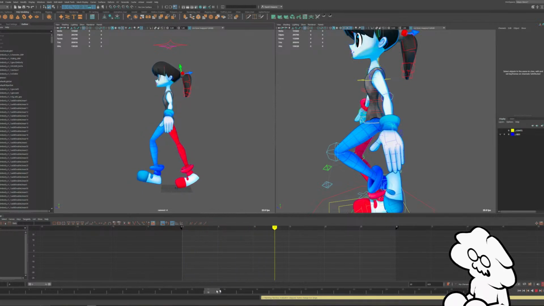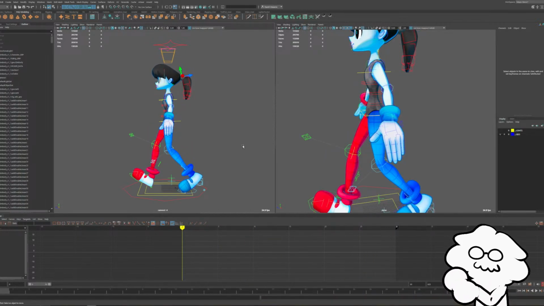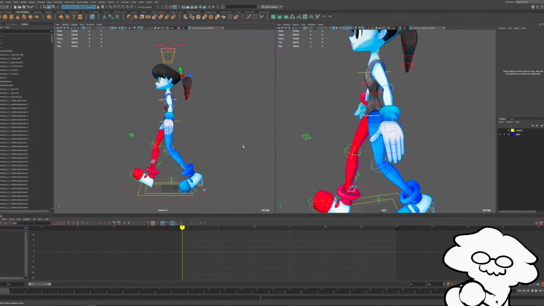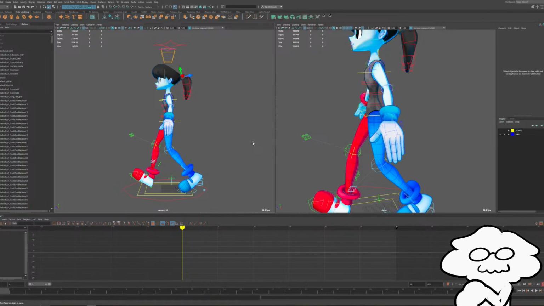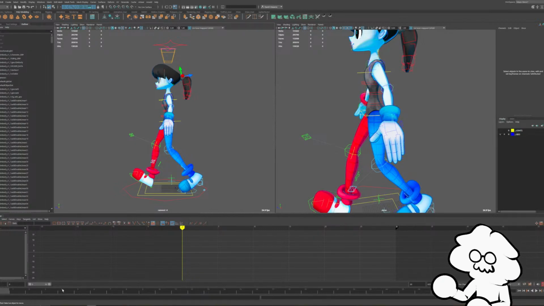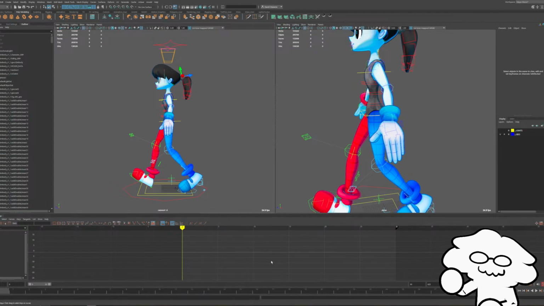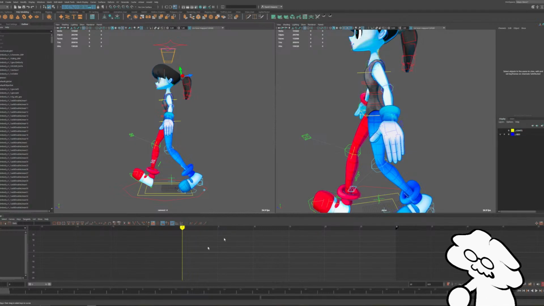It's about where I think it should be. The center of gravity and the weight will feel a little off because I need to turn the hips and body inwards. But we'll keep it there for now, and we'll start adding in the arms at this point.